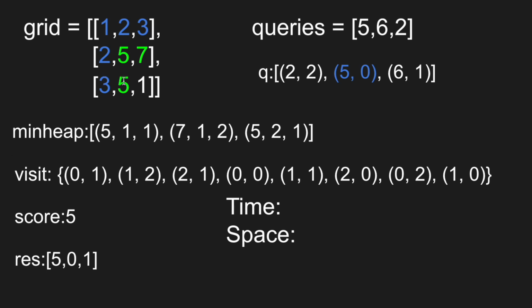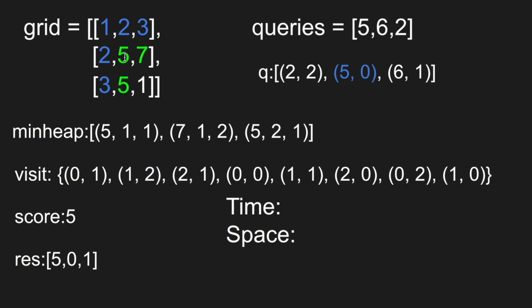And we realize that the rest of the values are not valid, so we can update the result on 5. It's an index 0, so we update it here. And now we can look at query 6. In query 6, we realize that 5 is valid, so we would mark that one, and we can look to the right and down, but these have already been visited, so we would just pop this from the heap